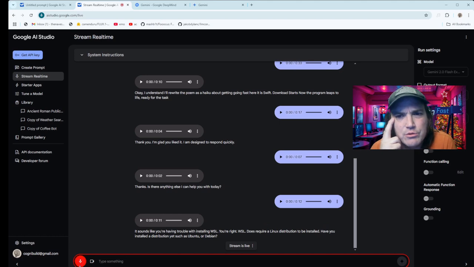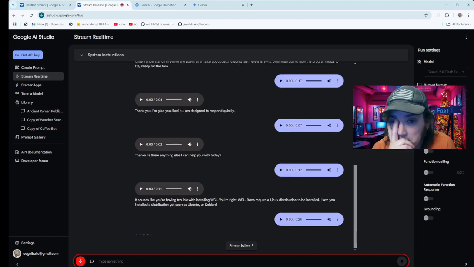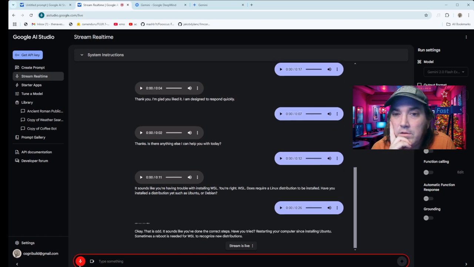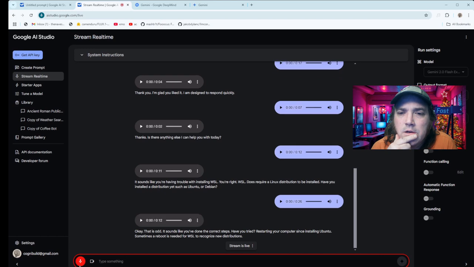Yeah, I installed Ubuntu 22.04, but when I use the wsl --install command and I use the distribution thing, I even use a -d parameter, it's still saying that it's not there. Okay, that is odd. It sounds like you've done the correct steps. Have you tried restarting your computer since installing Ubuntu? Sometimes a reboot is needed for WSL to recognize new distributions.